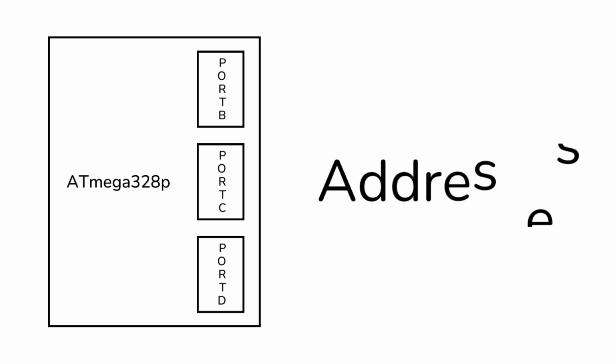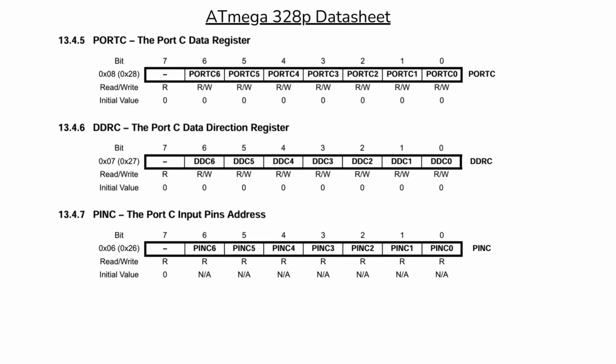So how does the microcontroller actually interact with all these ports? It interacts with them via addresses. I have this address mapping, which I took from the Atmega 328P datasheet. Here there are three registers: data registers, direction registers, and input pin addresses. Since I'm just glowing an LED from A0, I'm not interested in the input pin addresses. The only two addresses I'm interested in are the data register and the